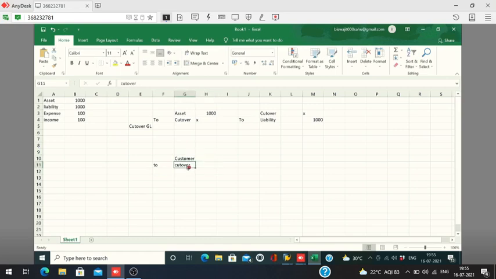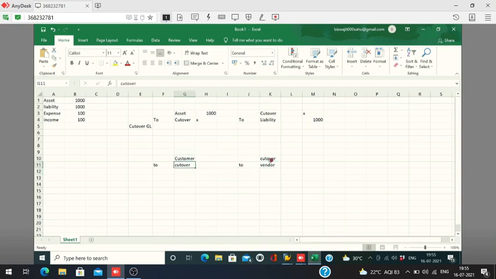Cutover is a clearing account, and again cutover to vendor. Okay, understand? So customer and vendor will remain.